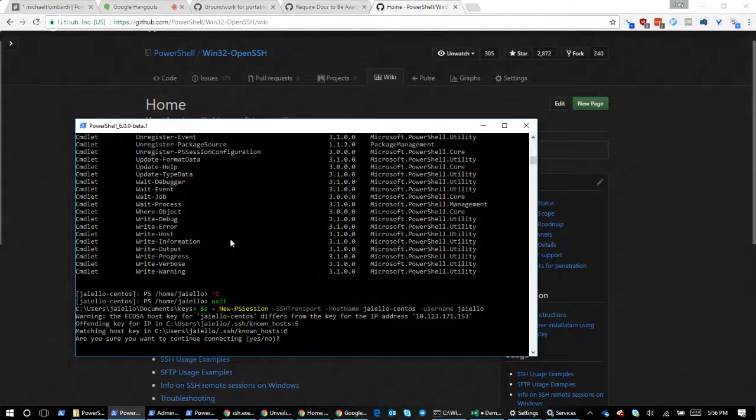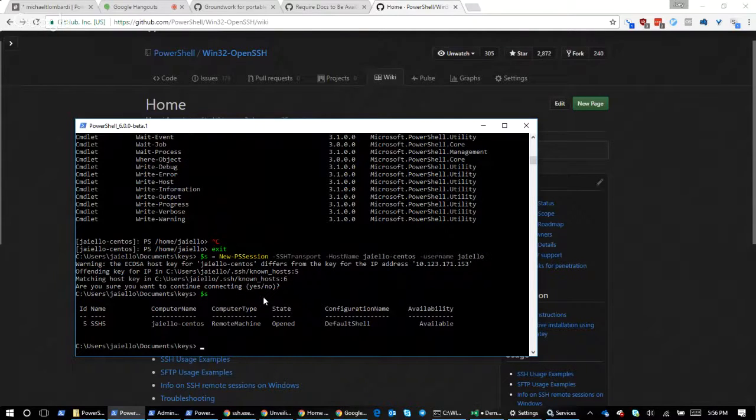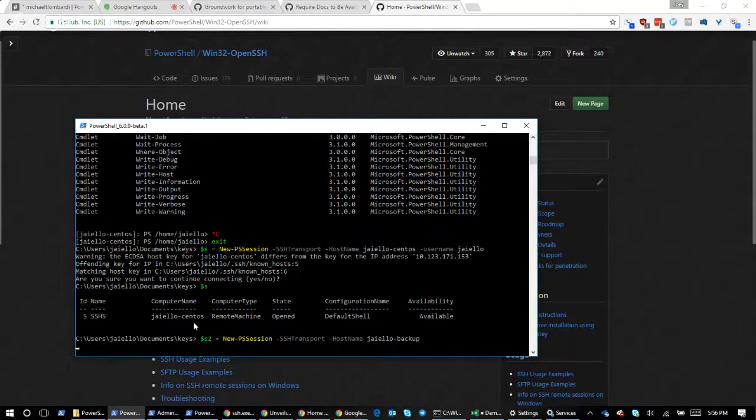Now I can just as easily create a new PSSession object that will persist. So we'll do the same thing. And when this object gets created, you'll see we've specified this as SSH5. We've given it a default name that's related to SSH, so you know what it is. It's on my CentOS box. I'm going to go ahead and make another PSSession object, and I'm going to target my other box. And I'm not going to specify a username because I'm on the domain here, so it should just be me. It should do the same thing.